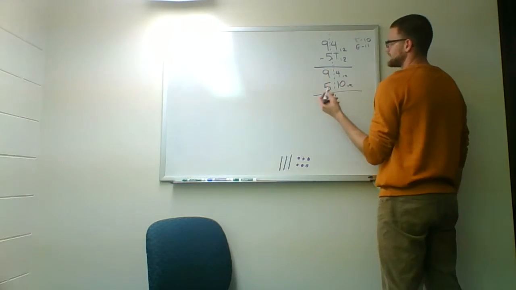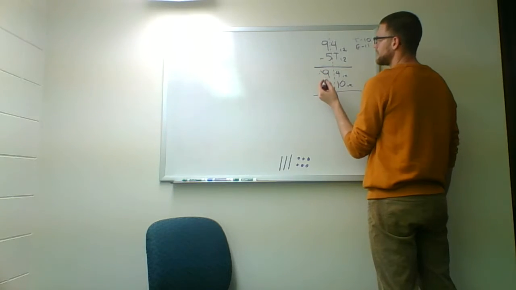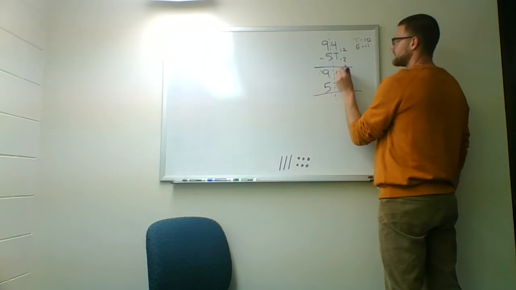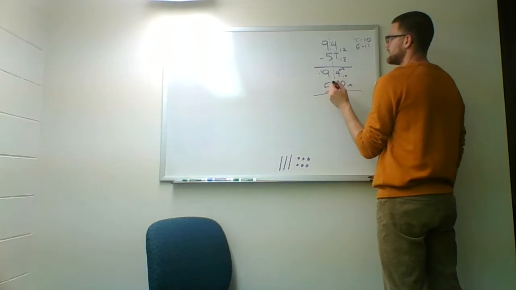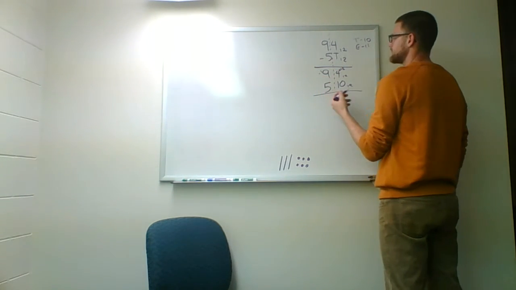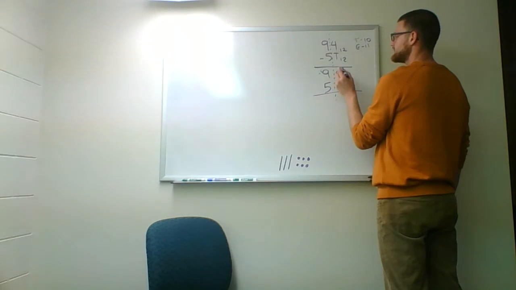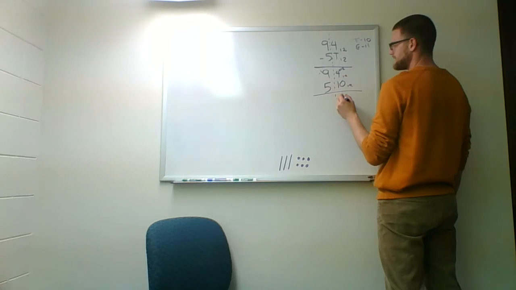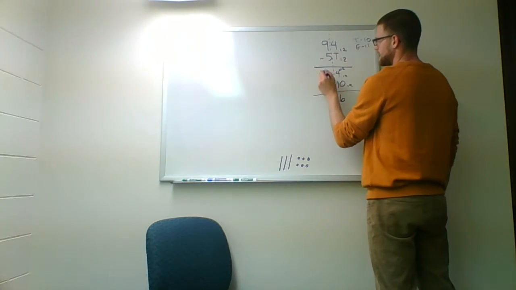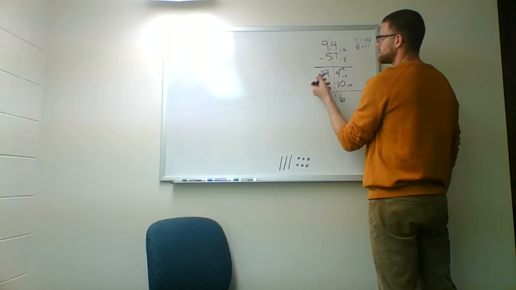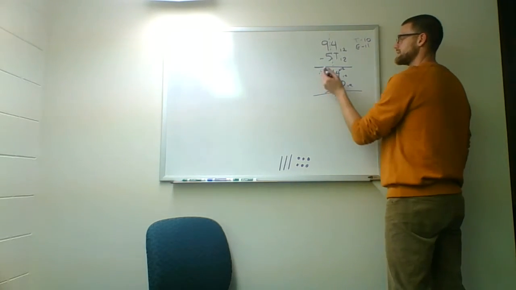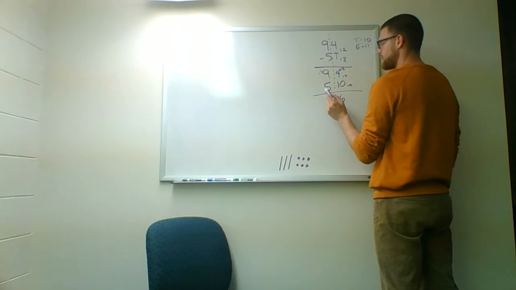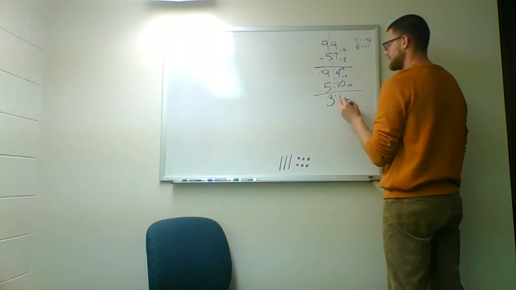So I've got a 4 minus 10, can't really do that. So I'm going to take 1 from the rods, give myself a value of 12. So plus 12, because a rod is worth 12 units. So 12 plus 4 is 16. Take 16 minus 10, and we're left with 6. And we have 9 rods here, but we need to take 1 that we used from over here. So 8 rods minus 5 is 8, 7, 6, 5, 4, 3. So 3